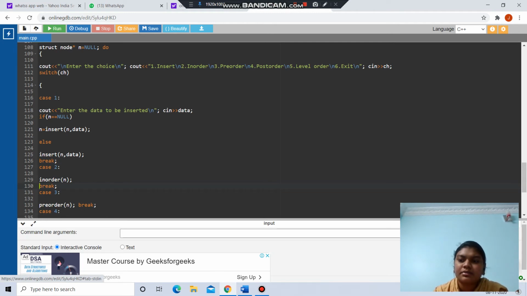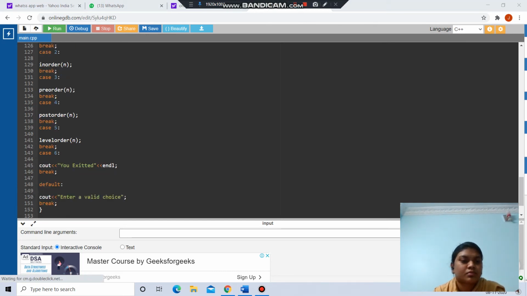In case 3 we have given preorder with n inside the bracket, and it will break. In case 4 we have given postorder, in case 5 level order, and in case 6 you have exited and end. By default it will print enter a valid choice.